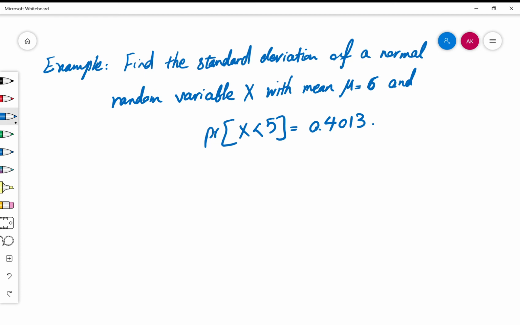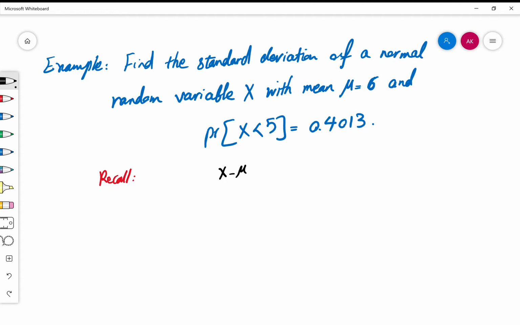Okay, let's do another example in which we will be able to find the standard deviation of a normal random variable with mean equal to a given number, 6, and one probability for that X given. Well, here, as we always deal with normal random variables, we cannot do it without turning it into a standard normal random variable. So the first thing is to recall that every time you have a normal random variable like X,